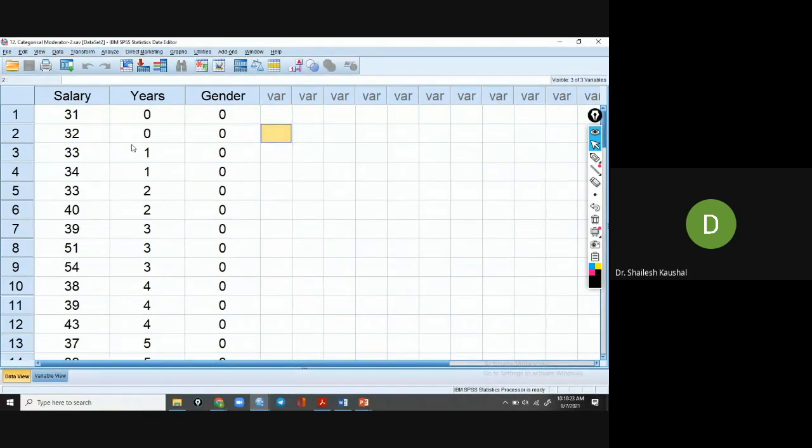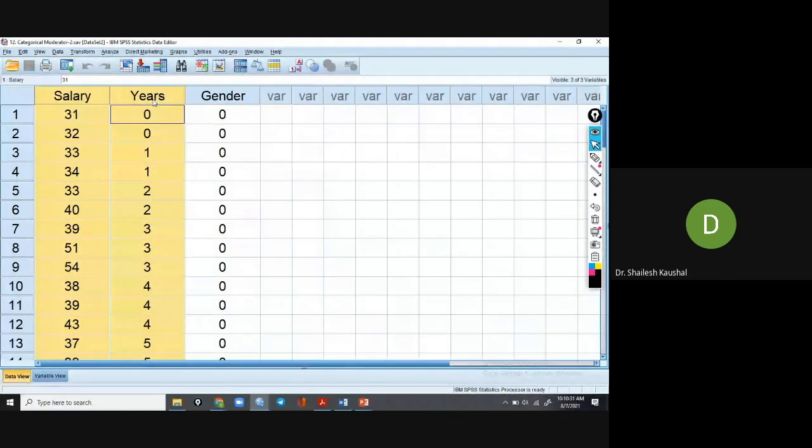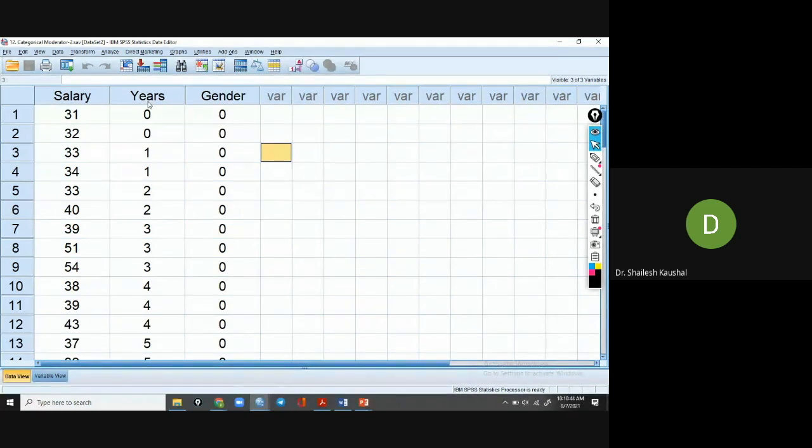But before interaction, we want to see the relationship between number of years of experience and salary. Here both variables are continuous, because salary is a continuous variable on a ratio scale and number of years is also continuous. So we will apply bivariate regression analysis, with y as the dependent variable and x as the independent variable, so y = beta 0 + b1 x1 + error.